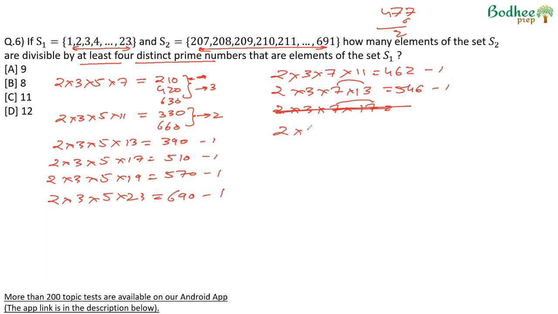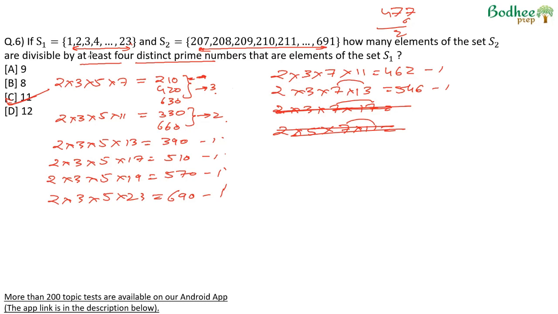We drop 3 and pick up cases with 2, 5, 7, and 11. This in itself crosses 690, this 770 is not a possibility. Beyond this, no other case will be possible. So 11 cases are possible where we can multiply at least 4 distinct prime numbers and one common prime number from